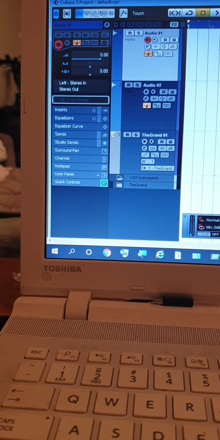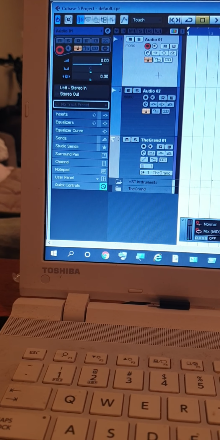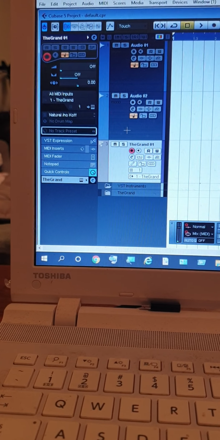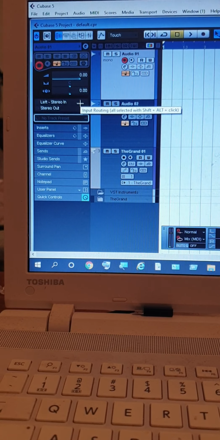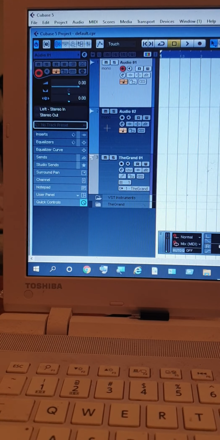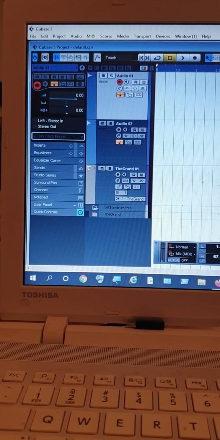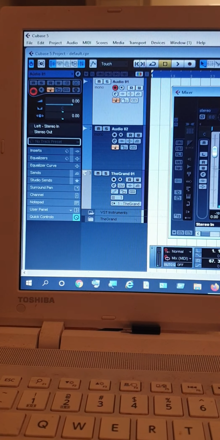So this is what's been going on, which has been confusing me with Cubase. What's been going on here? We have audio 1, audio 2, and there's a MIDI channel there. Let's have a look. Audio 1, you'll see it says left stereo in, and audio 2 says right stereo in. Well, that's kind of nonsense, really, because if you're going to bring up a mixer, look,